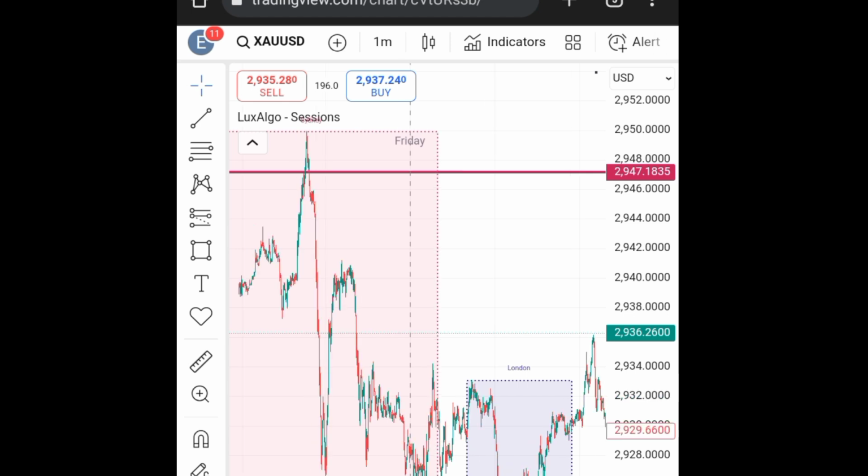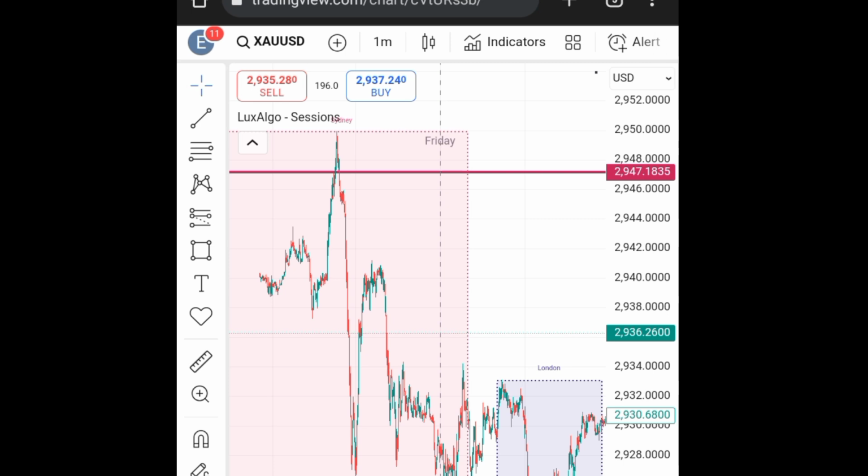Just make sure that you take only one trade. If it is a loss, that is a loss. If it is a win, that is a win. One trade a day. If it's a loss, it's a loss. If it's a win, it's a win, because at times you may encounter many losses. And you should focus on only one pair, because if you take a loss here